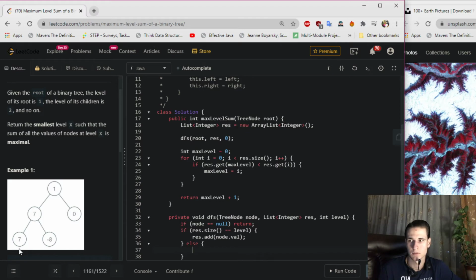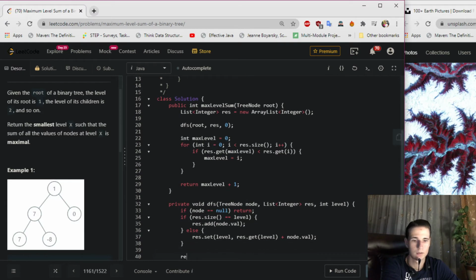Like from this right here to this right here, and we already been at this level, so we just need to say result dot set at the position of the level, and result dot get the position of the level, plus node dot value,